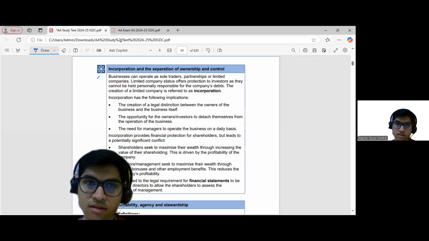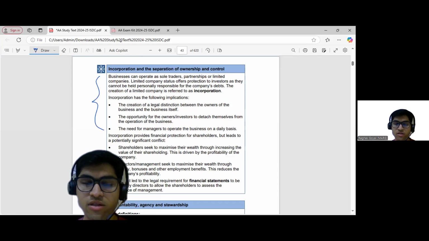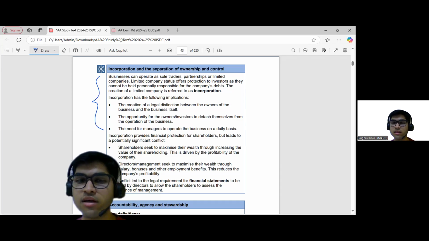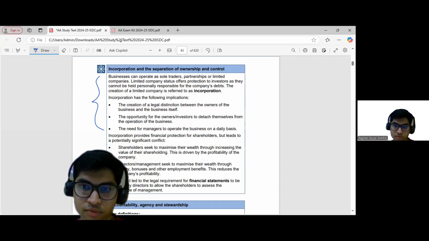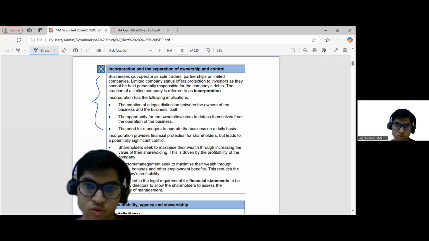this is slide information about incorporating the business as a limited liability partnership or a limited company, etc. So when you protect,